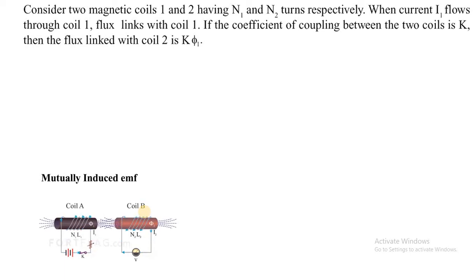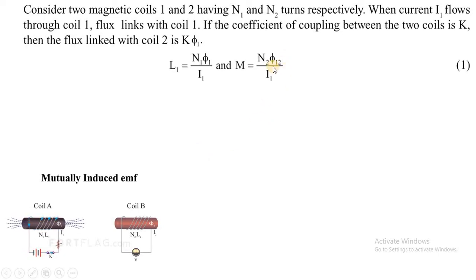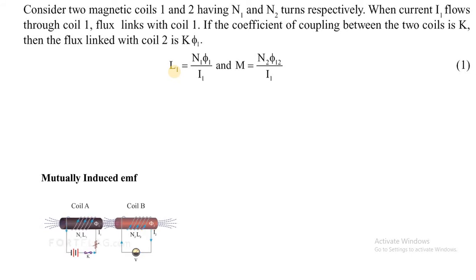Okay. So the flux linkages with coil B. What name have we given to the flux linkages with coil B? We call the flux linkages with coil B phi 12, if you remember. Okay. The flux phi 12 in the equation, just see the equation which we have given on your screen. The first value is the capital L1. What is capital L1? Capital L is self-inductance. So self-inductance of coil 1.